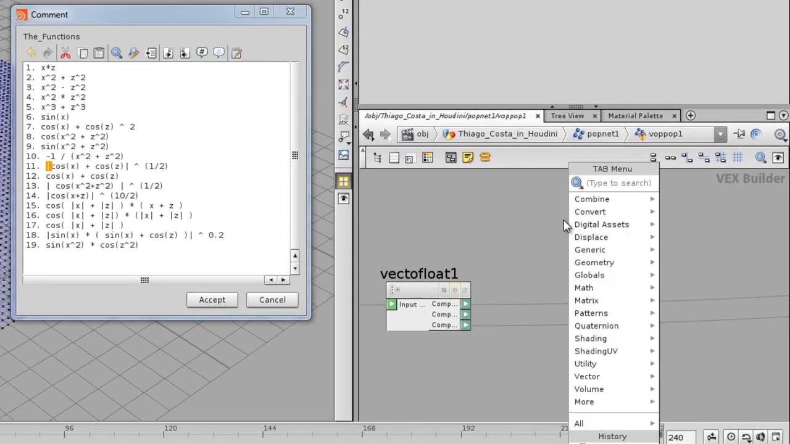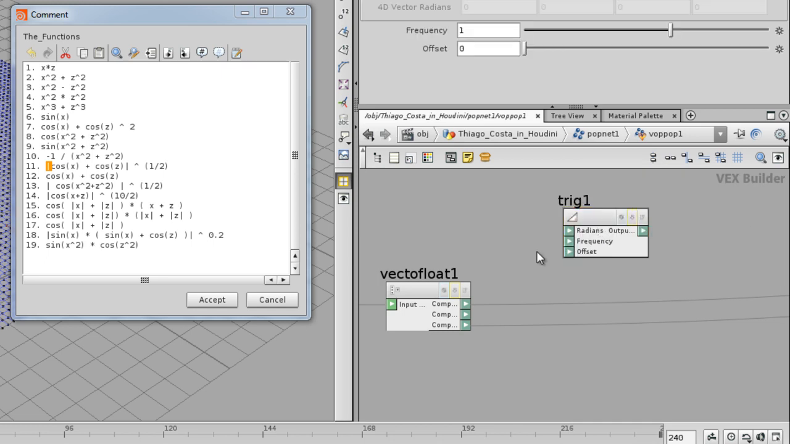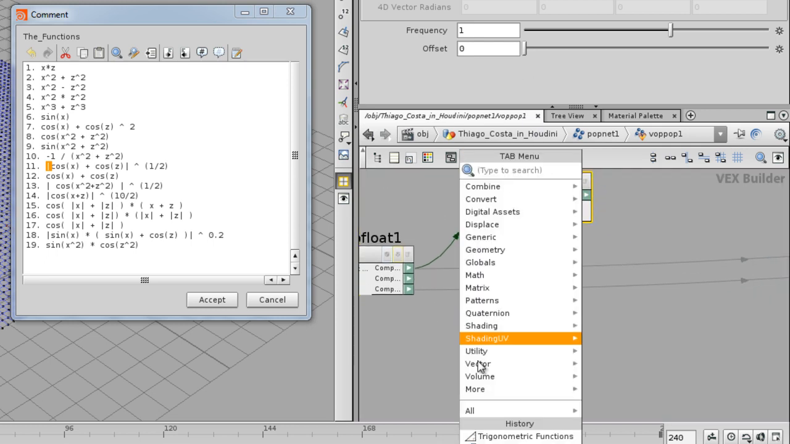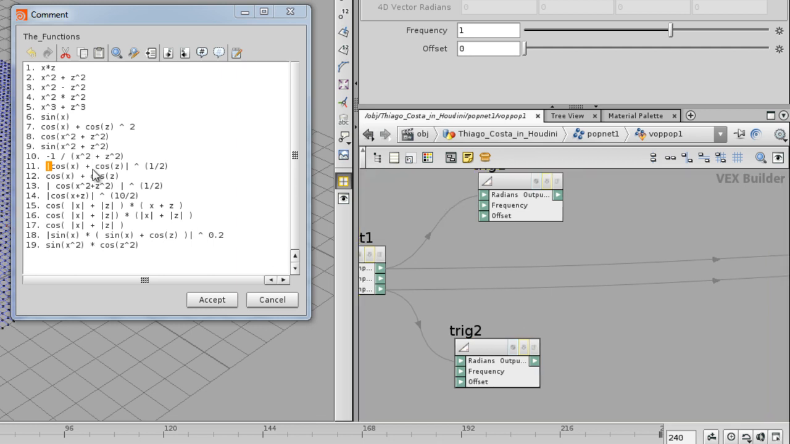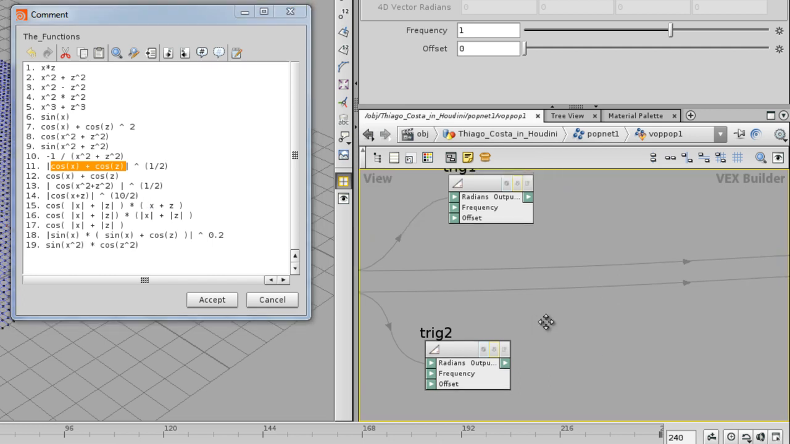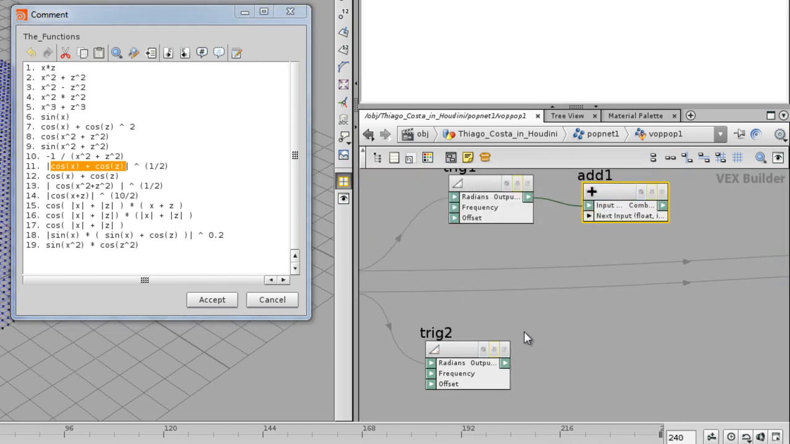Cosine of x, so we're gonna drop in a trigonometry function. So this one is cosine, okay, plus the cosine of z, so we're gonna drop in another trigonometry function. So that's a cosine also, and you're gonna add them up. So I'm just reading the inside over here, so that's addition. So you're gonna do an add of this to this,